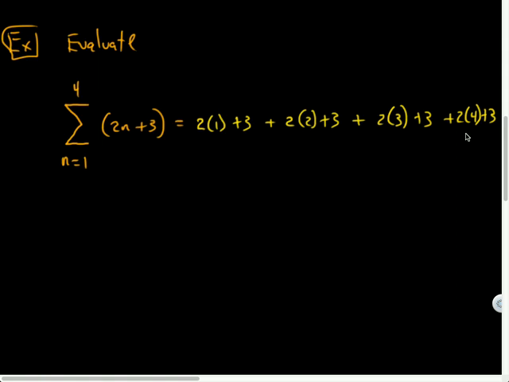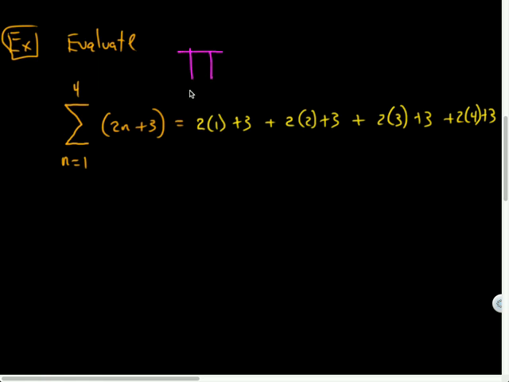So the sigma symbol is referring to sum. I'm adding up all of these values when I plug in different numbers for n. It turns out, I don't think we'll ever use it in this class, but there's also this capital pi